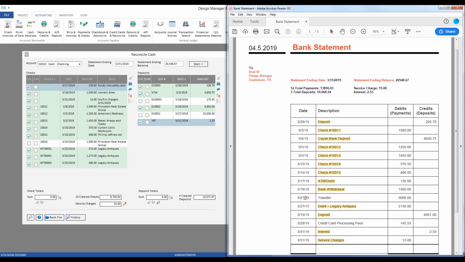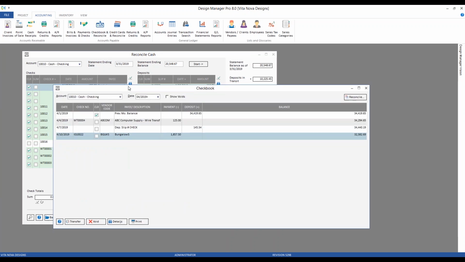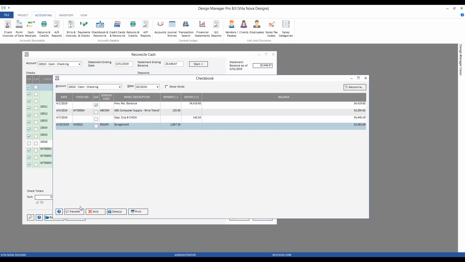Okay. On 3/21, we have a transfer of $5,000. Yes, we took some funds out of our checking account and put it into our money market account and have neglected to input that information so far. No problem, quite easy. Now we can go back on our checking window and we can use the handy transfer